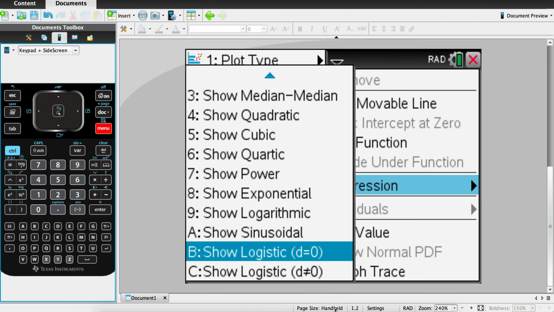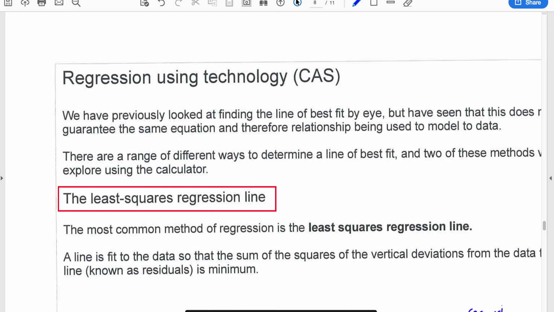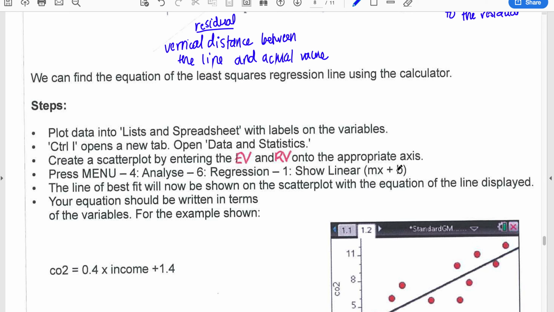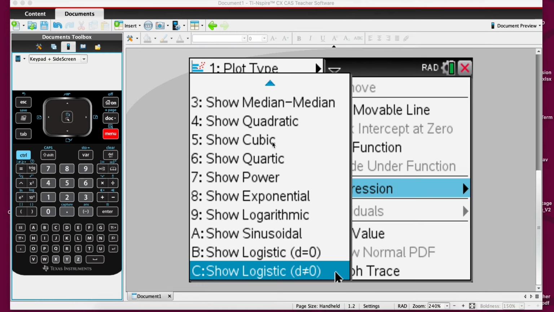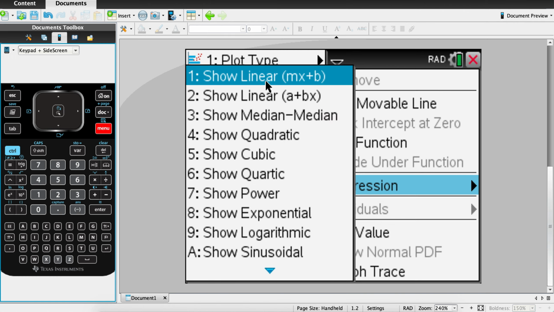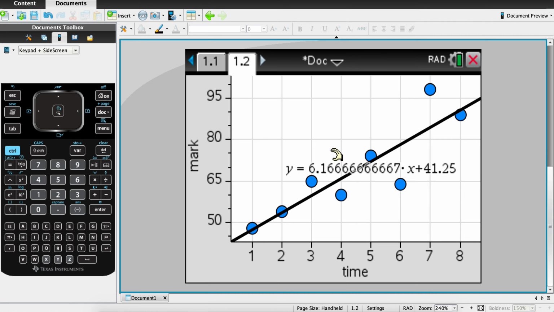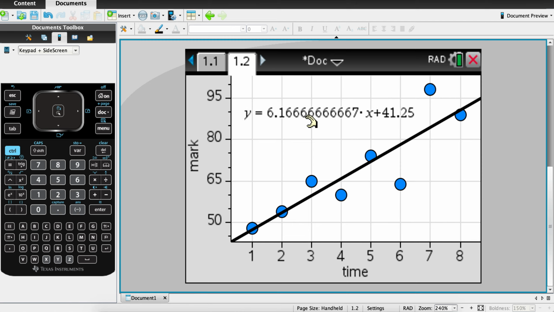So if we have a look back at your instructions that you've got in here, you'll notice that we've got here to select mx plus b, which is just like saying it's in the form y equals mx plus c. Same as that, but they've just used a different letter for the y-intercept. So I'll do that now. Just go up to the top. There it is. And when I click on it, you'll notice that this equation comes up straight away. If you have any trouble seeing it, you can hold it down with the cursor on it, and you can move it. So what it's saying is y is 6.16, etc., times by x